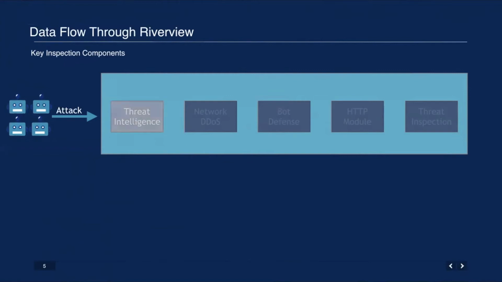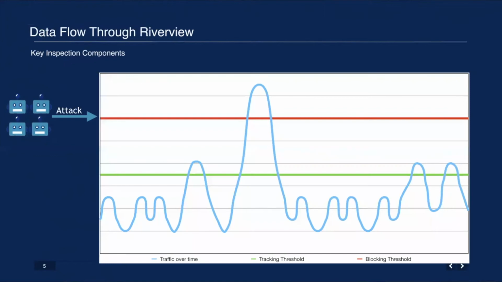The next part, which is where Hugge was testing us, was the network denial of service module. The network denial of service module is kind of hard to put into words without giving you a word salad slide, and I wanted to skip that. So I built this graph to show it. Assume that the blue squiggly line is traffic through to my website over a given period of time,